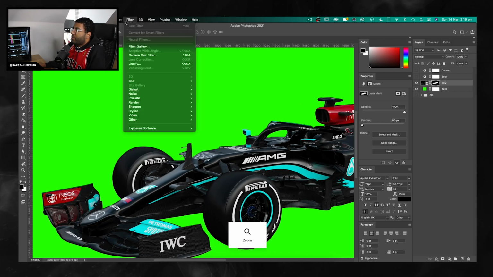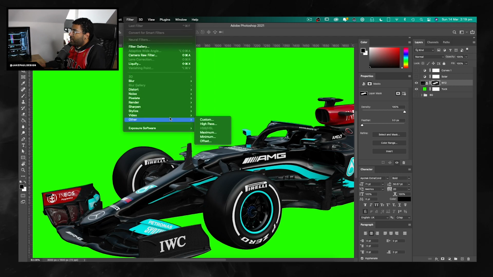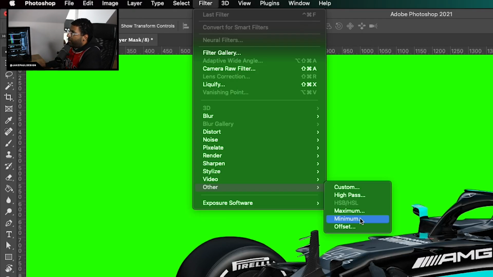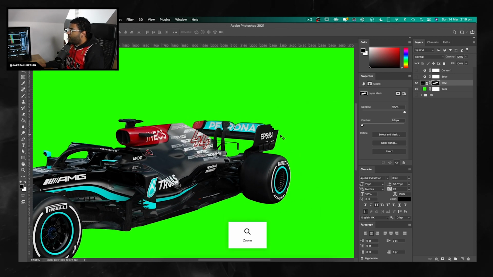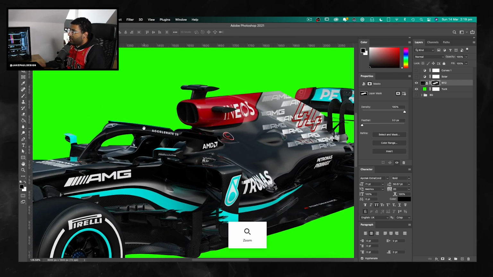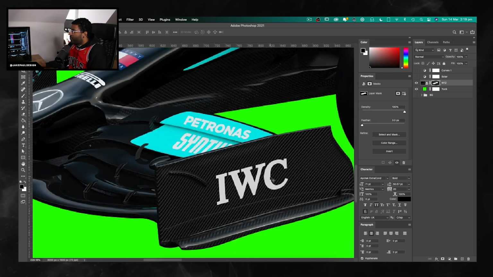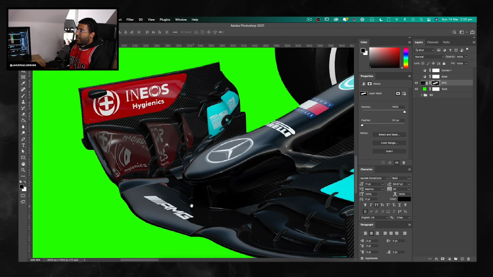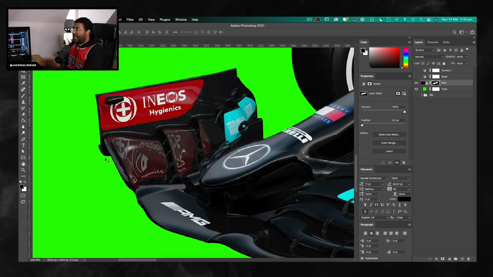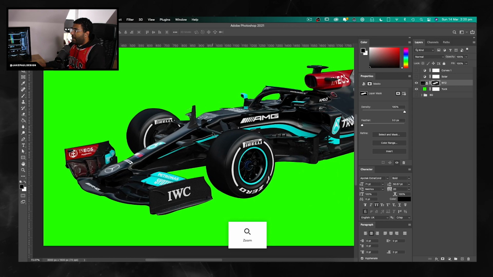One thing you can do to help refine things, and I've found it really useful, even if I have to go back and put things back in, is if you go to filter, other, minimum. I usually set this to 1, and it's very subtle, but it will knock off about 1 pixel worth of this entire selection. If I go back and redo it, you can see where before and after it's taken another pixel into the object that I'm cutting out,